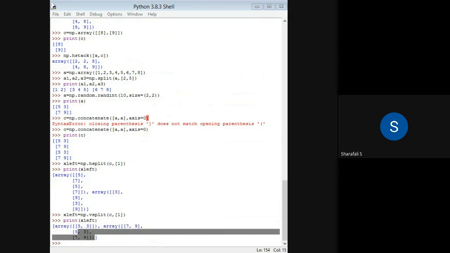Okay, so I think we have discussed some of the important methods available in NumPy for arrays, like accessing different elements, copying and splitting, all those things that we have discussed. And then in the next class we will discuss more towards matrix operations like cross product, dot products, and all those things. Okay.